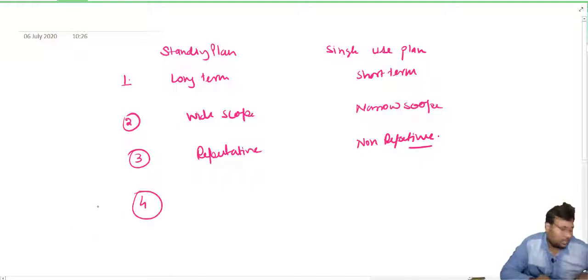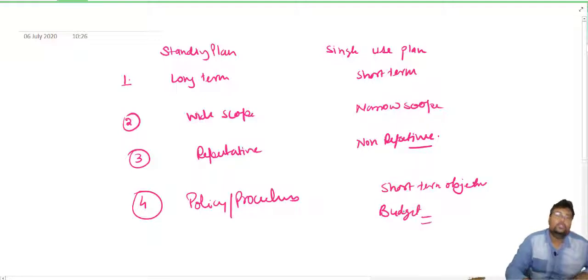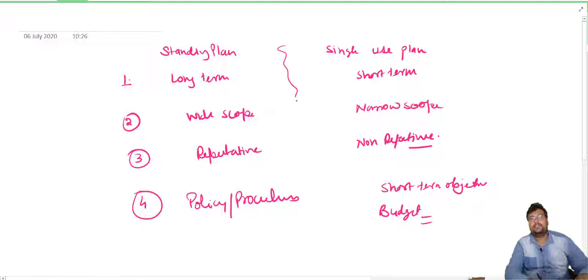And number four, you can give the example that the standing plan is generally the policy, procedures, and single use plans can be defined as a short-term objective,